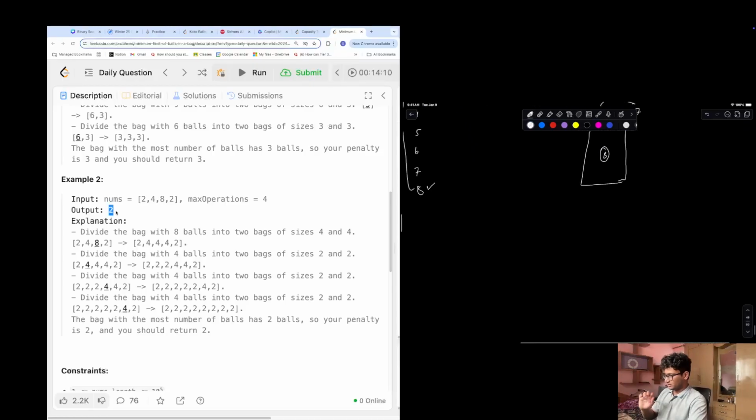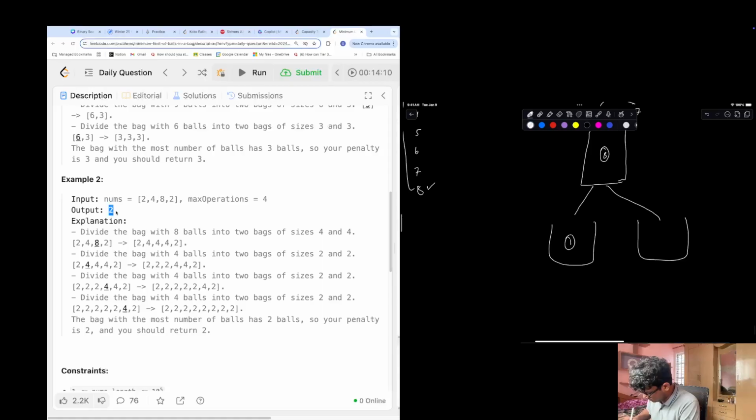You take 2 bags in such a way that the maximum value is 7. The maximum value is less than or equal to 7. You can split 4 and 4, you can split whatever it is, but the maximum value should be less than or equal to 7. Let me take one ball over here and then let me break it into 7 balls. So how many times are you breaking? You're breaking only once. You're not breaking more than once. So the number of operations performed is